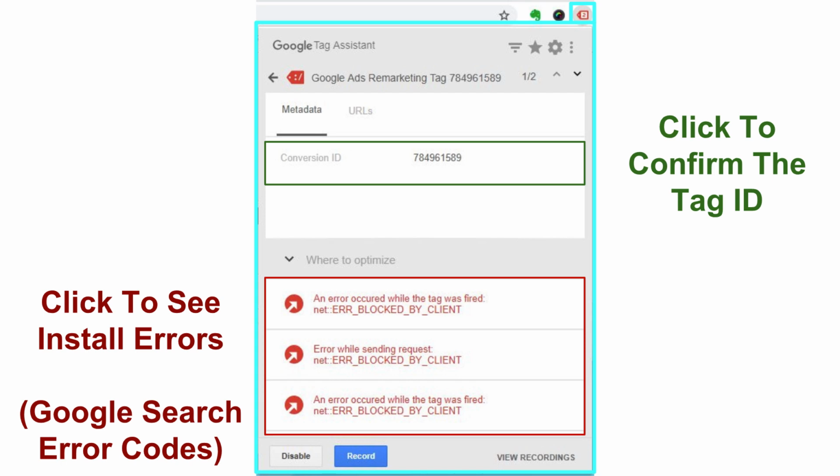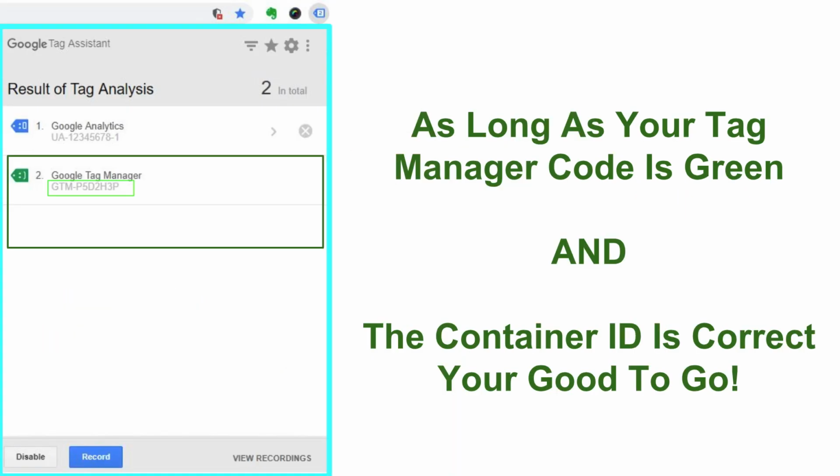However, if there's something else here, you can go ahead and type that into Google, and you're going to be able to go through Google Forms and find out what the problem is relatively quickly. A lot of the errors have a code, so it's very easy to figure out what the issue actually is. For our example here, Google Tag Manager is green, so that means we are good to go. Google Tag Manager is on our site correctly, and we're now ready to move on to adding other tags inside of Tag Manager to really take advantage of all of the tag benefits Tag Manager offers us.